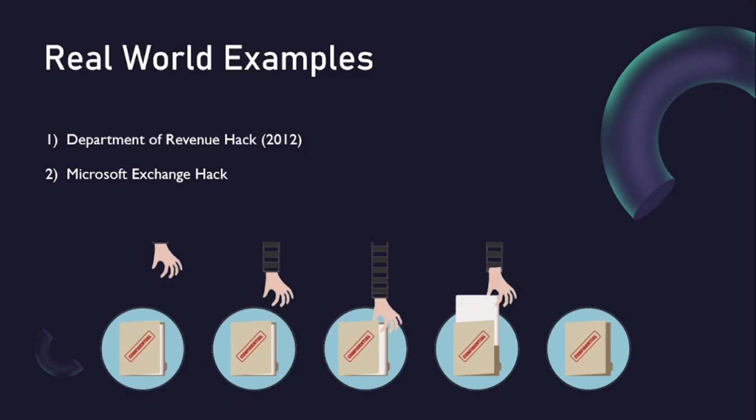In the Department of Revenue hack, a foreign hacker was reported to have stolen 387,000 credit card numbers and 3.6 million social security numbers from the South Carolina Department of Revenue. Why was this significant? The IRS was hacked again in 2015, exposing people's social security numbers, addresses, and incomes to more than